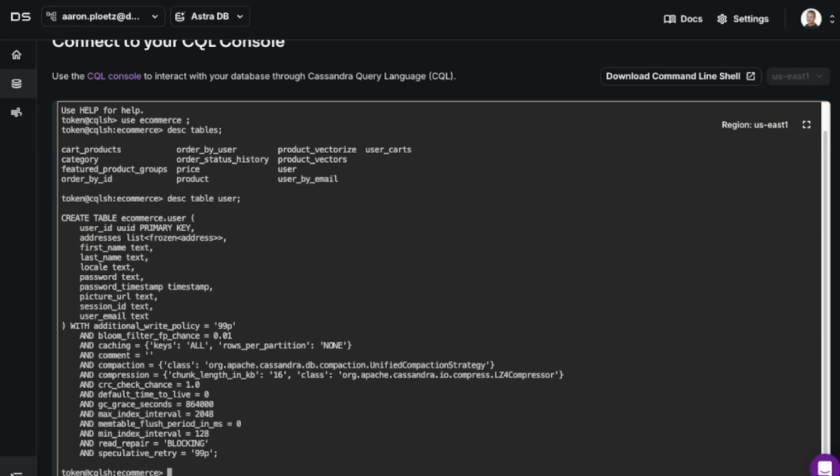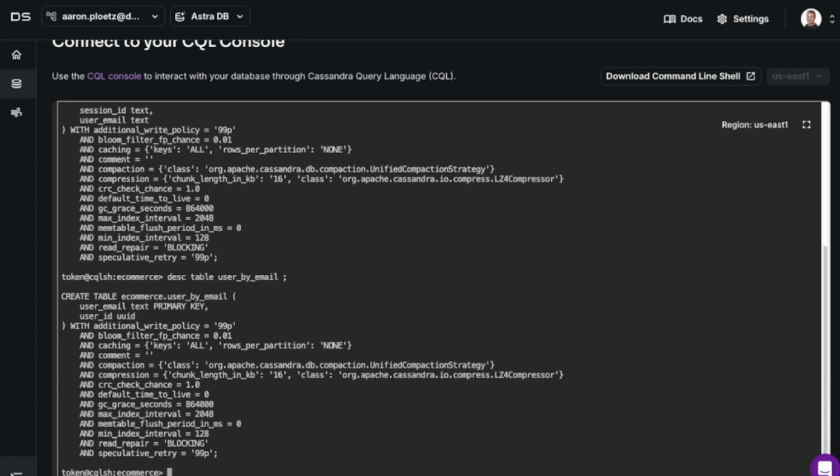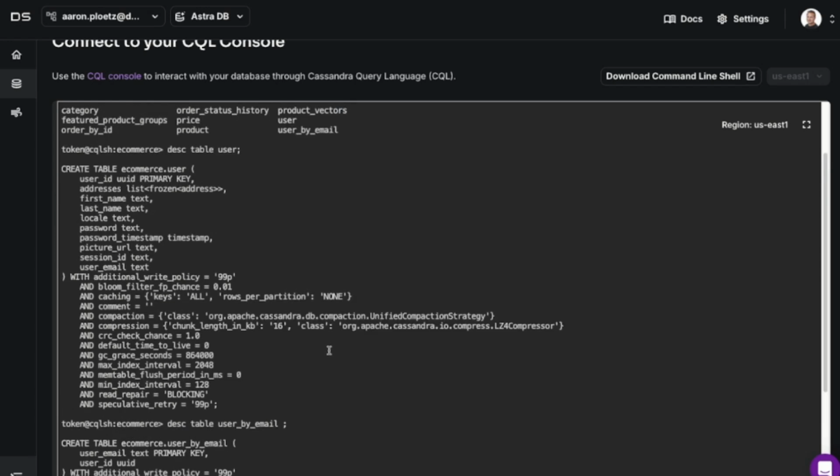User ID is our primary key, and it has various things about our profile. And then we can also say describe table user by email. As you can see, user by email is a simple two-column table. It has user email as its lone primary key, and it has user ID as its payload column.